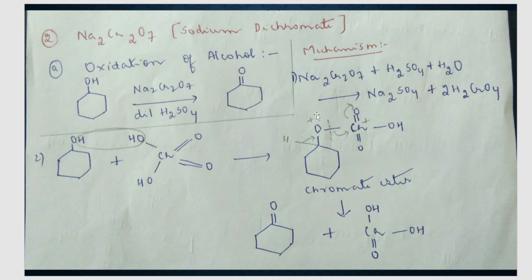And in order to remove this plus charge on oxygen, what happens? One of these hydrogens that was already there goes out as H plus ion, and the bond between carbon and hydrogen shifts between carbon and oxygen. So what do we get? We get a ketone, correct? Ring, double bond O. So we got a ketone, and what else? This part is left, and this H plus is there in the reaction medium, which will go where? It will come here and attach over here, because this oxygen has O minus charge. So we have got Cr, OH, OH, double bond O.